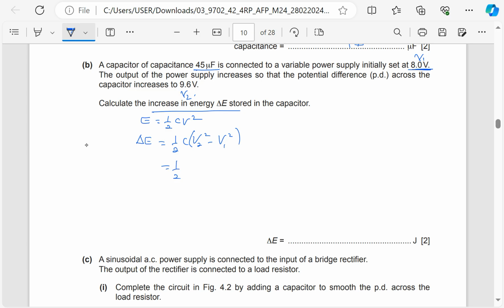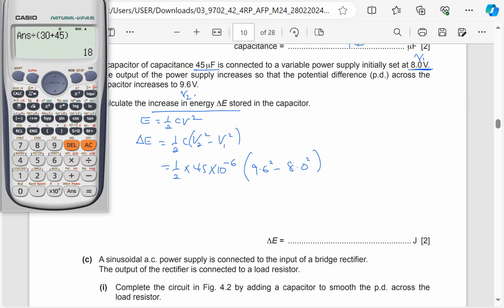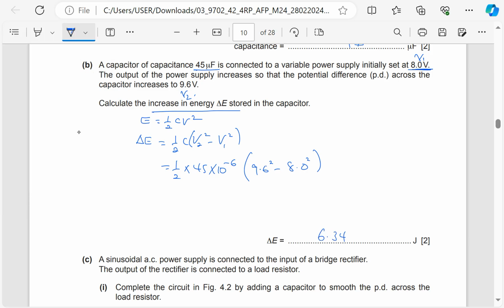So this is going to be a half times the capacitance, which is 45 times 10 to the power minus 6, into 9.6 squared minus 8.0 squared. Now the mistake is people first subtract before they square, which is wrong mathematics. 9.6 squared minus 8 squared, then I'll multiply this by 45 times 10 to the power minus 6 divided by 2. So this is 6.34 times 10 to the power of minus 4